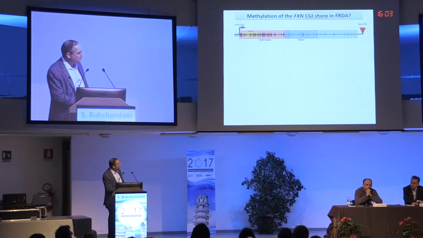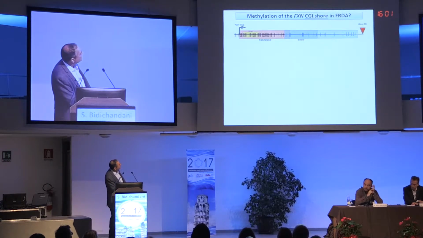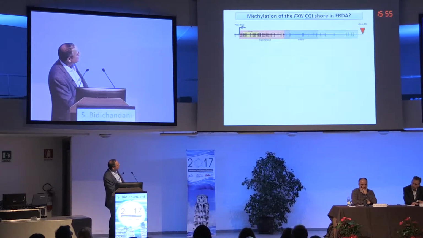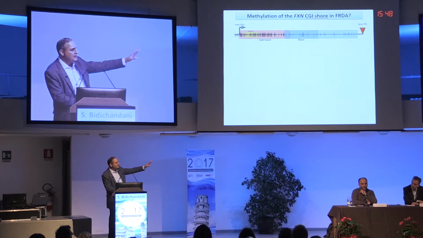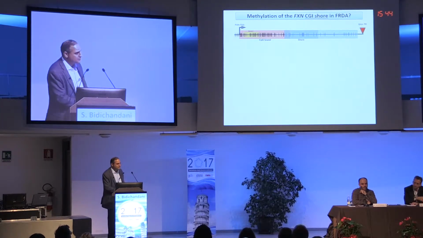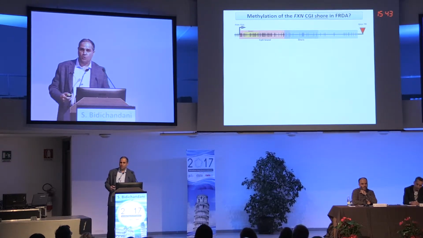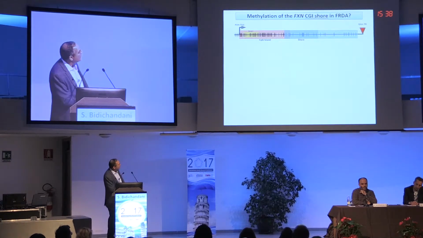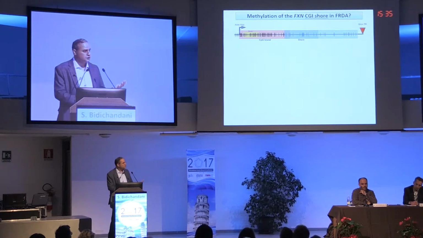Shortly after this was done, I was introduced to the concept of a CpG island shore. Not many people have heard of this concept. Here the CpG island is shown in orange, and that's the promoter sequence, and the repeat sequence is about 1.4 kb downstream from the promoter. Shown in varying shades of blue is what the shore would be, which is about 2 kb outside of the CpG island. The reason we started thinking about the shore is